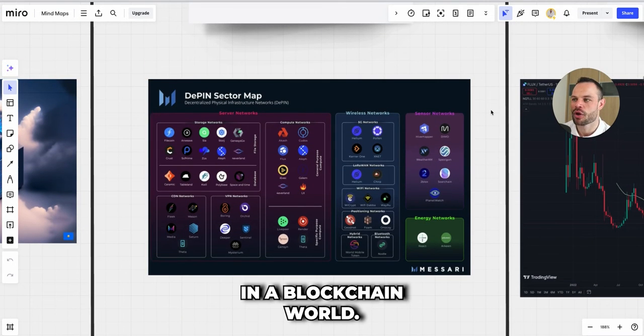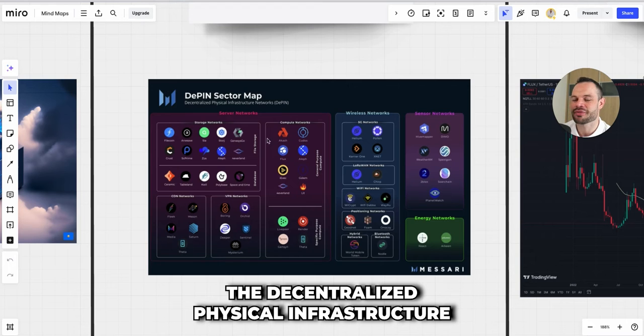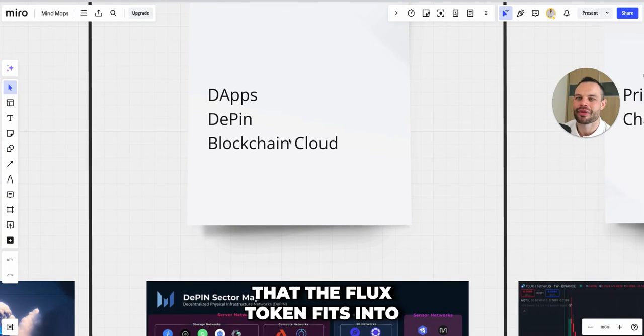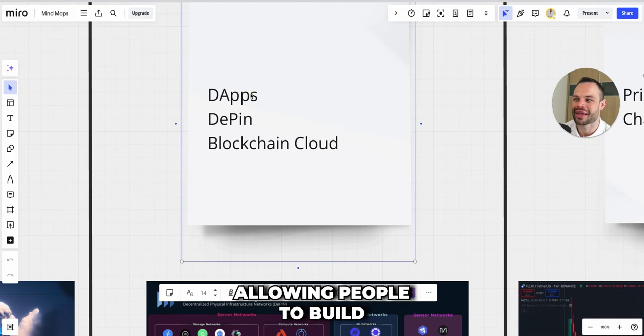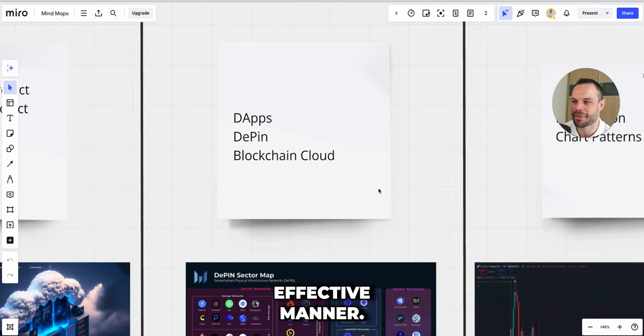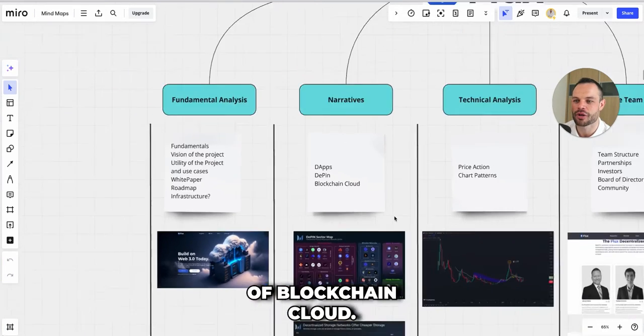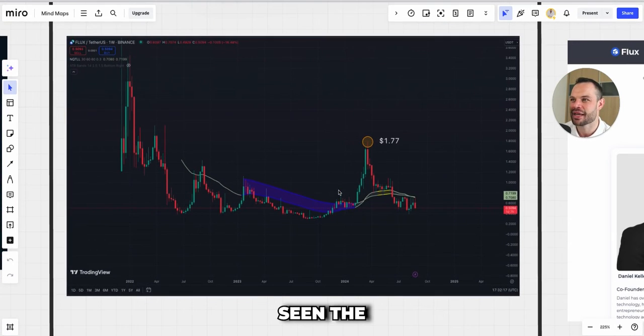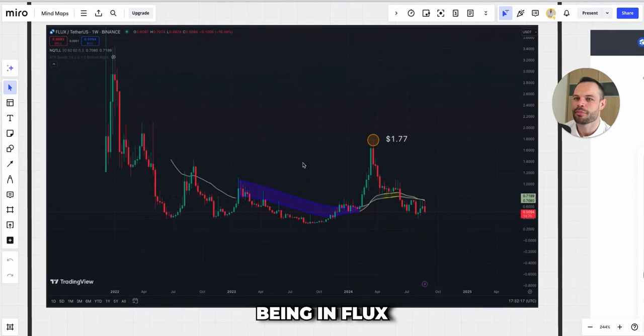So again, the decentralized physical infrastructure narrative is the main narrative that the FLUX token fits into, along with allowing people to build decentralized applications in a more cost-effective manner, and this whole concept of blockchain cloud. So let's take a brief look at the chart,